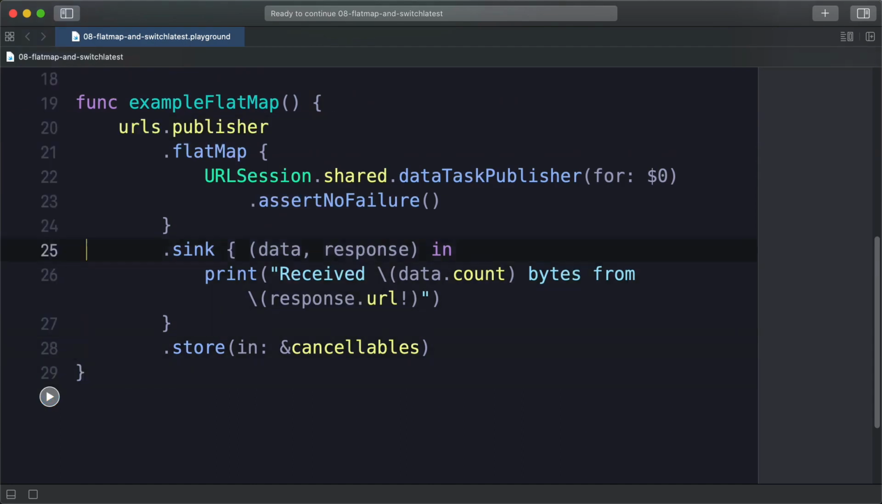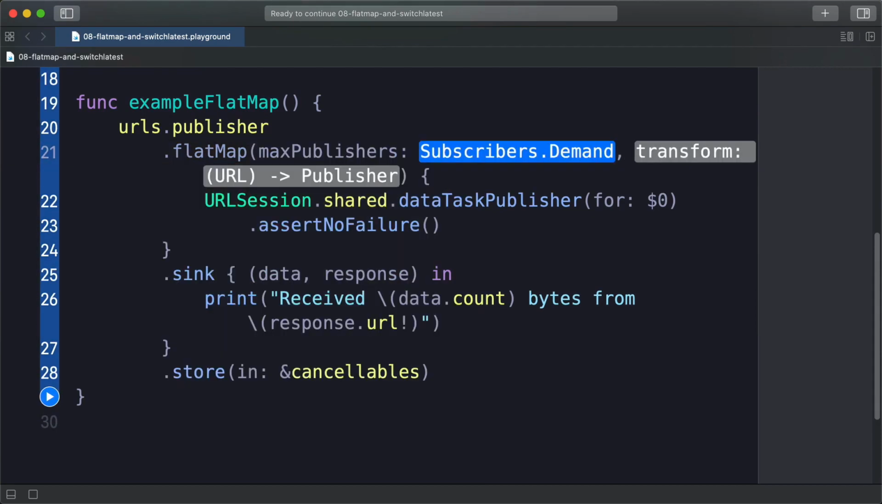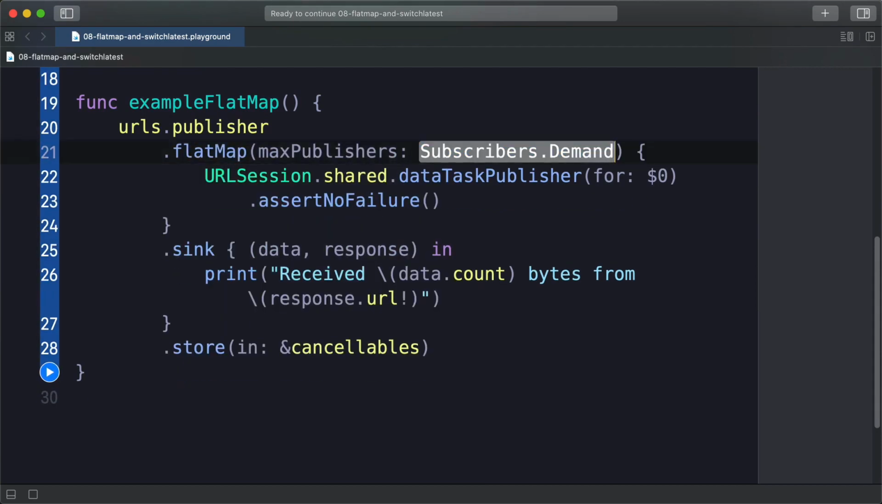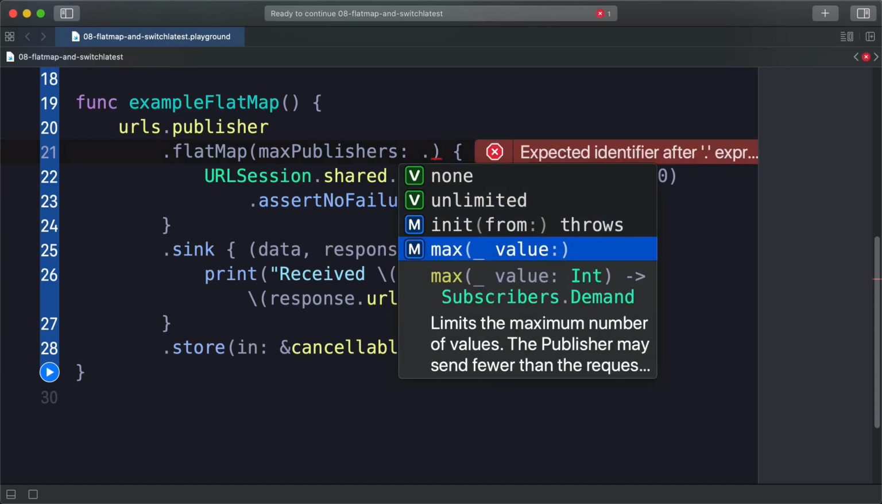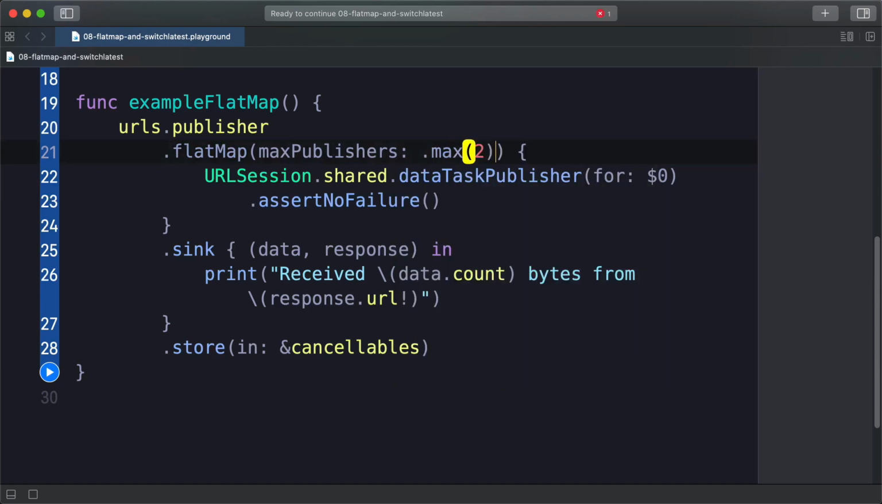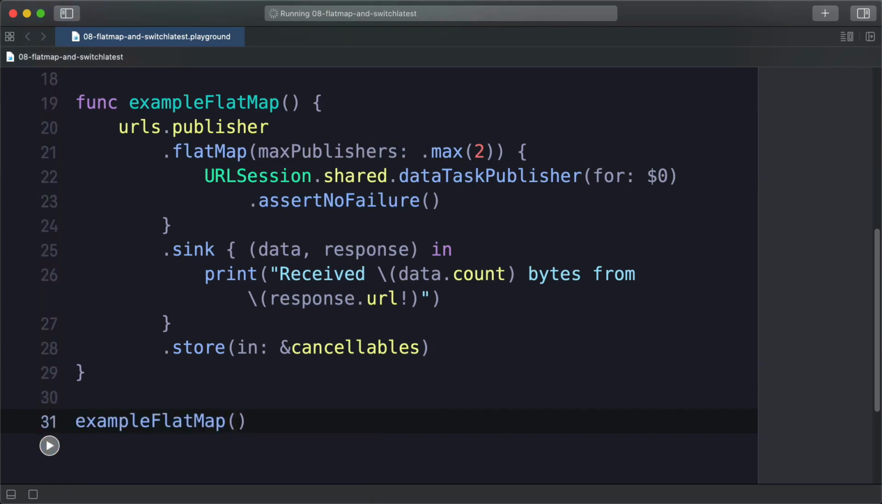Okay, so next, before we run this, I want to explain one more concept here. flatMap takes a maxPublishers, and I want to talk about this a little bit because it's important that we understand how maxPublishers works. This takes a Subscribers.Demand option, and I can pass in none, unlimited, or max. So let's say that I only want a maximum of 2, and this will become apparent as we run the example. So I'm going to run the example flatMap,